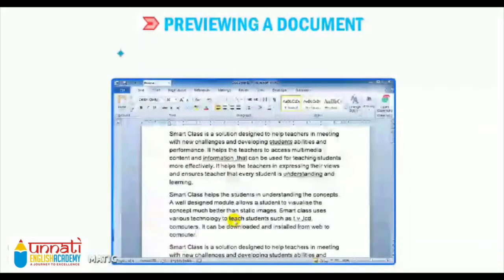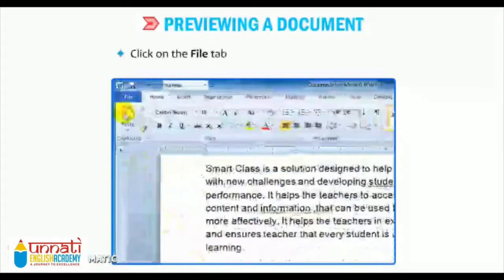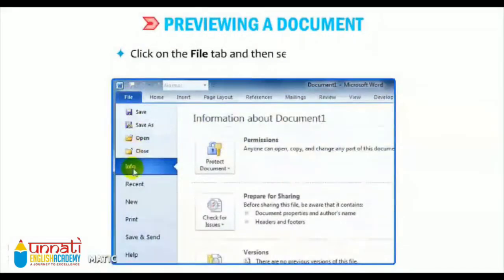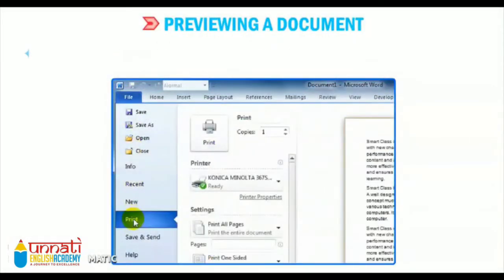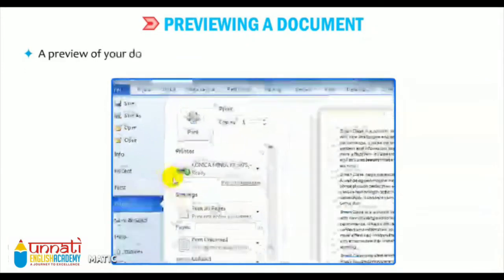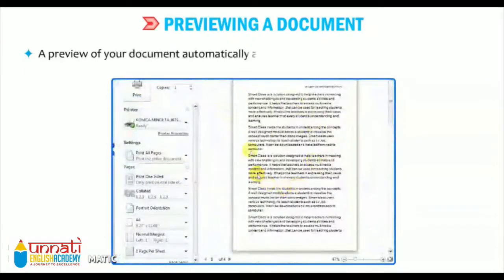Follow the given steps to preview a document. First of all, click on the File tab as shown in figure. There is an option available, Print. Click on that. A preview of your document automatically appears on the right side of the Word window. You can see that.